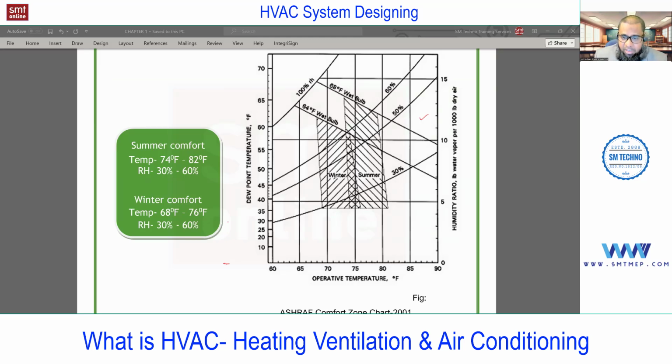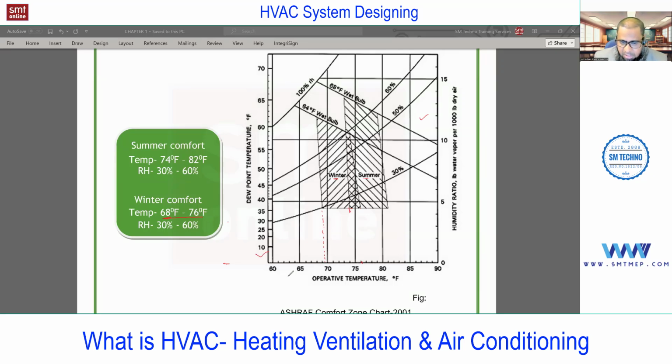You see, here you can find the winter range and the summer range. And if I just pick the points, this is just for understanding, and these numbers again may vary slightly as per the standard. You see, here the winter range starts nearly at 70, so I'm considering say 68. You can find out the winter range 68 to, you see, this is a point, because this is common to summer and winter, but the winter range is up to this point. So you see, this is up to 76. So the winter range is 68 to 76 degrees Fahrenheit.